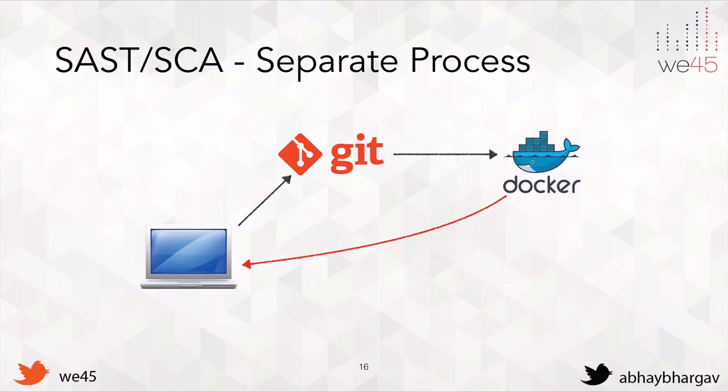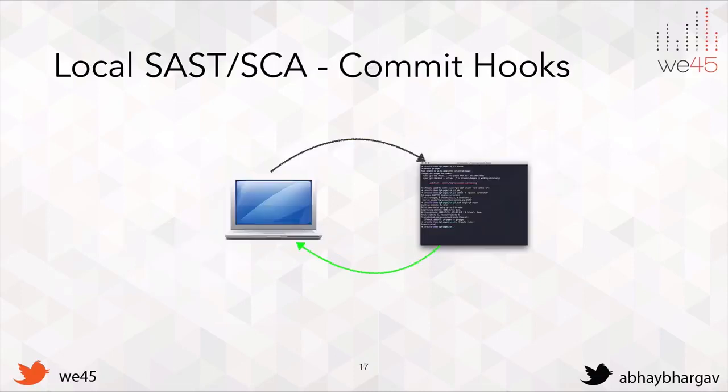So once the developer checks this into the Git repository, a Docker image or the Docker container is run with the source composition tool or the source code analysis tool, and it will run and identify a lot of the security issues and write it back to the developer's process and say, these are the issues I've identified, please fix this, otherwise I won't allow you to check in. So these are some of the things that you can do as well, depending upon what kind of process you'd like.